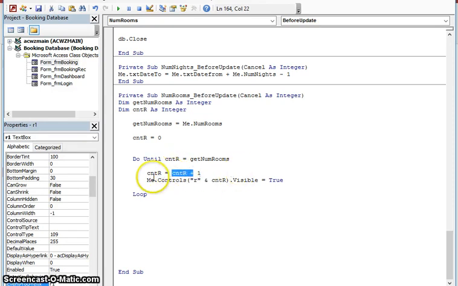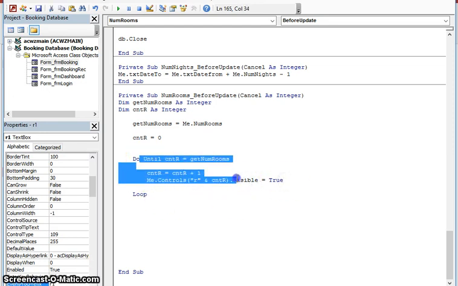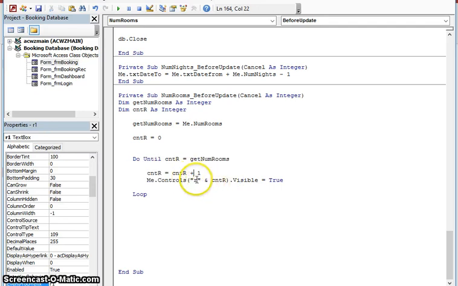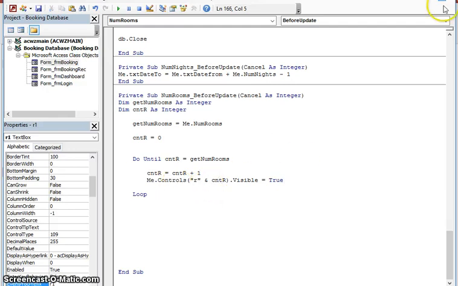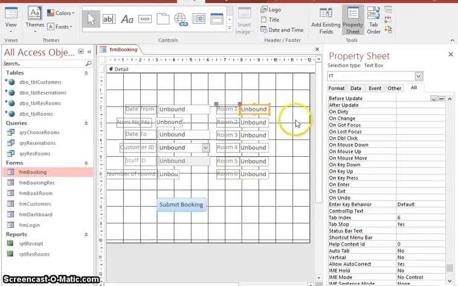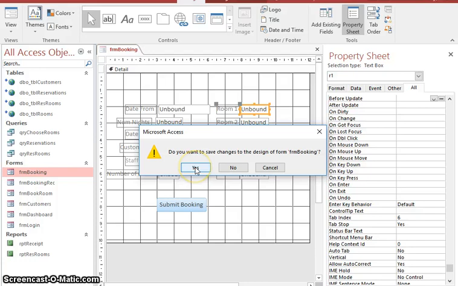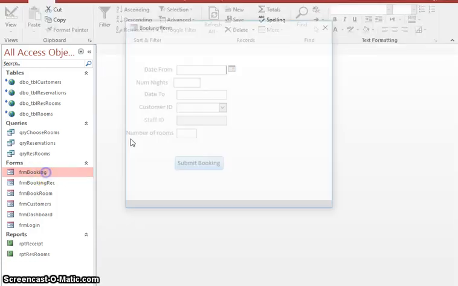So the first time this will go round, count r is 1, so this will be R1 dot visible equals true. If you have 2 rooms, R2, so it'll go round again, R2 dot visible equals true, R3 dot visible, and so on. So that is how I create the system to loop through and show the text boxes. I'm not going to save, I'm going to just show you that